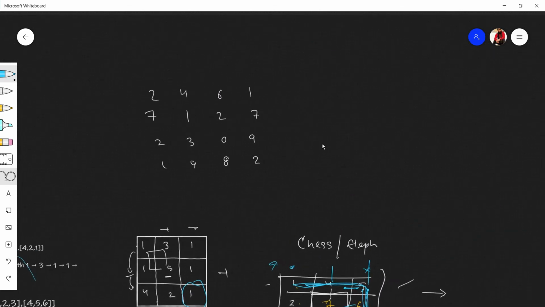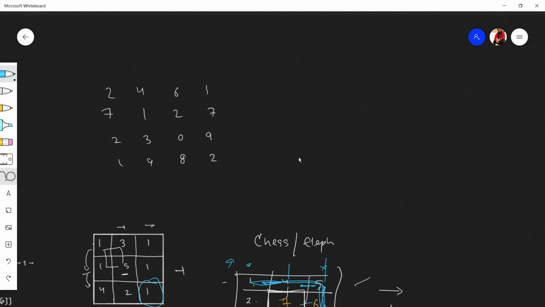Now I'll explain for this, but I won't go into that much depth. I'll just do it quickly. So let's see. We are standing on 2, the basic amount we need to pay is 2. Let's first fill these. Okay, 4, basic amount we need to pay 6. Standing on 6, I need to pay 12, then I need to pay 13. So if I want to reach here, the minimum amount I need to pay is 13.